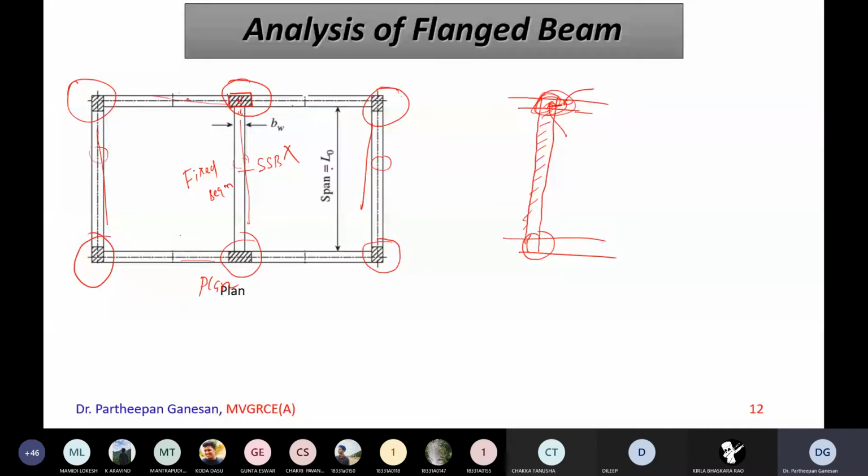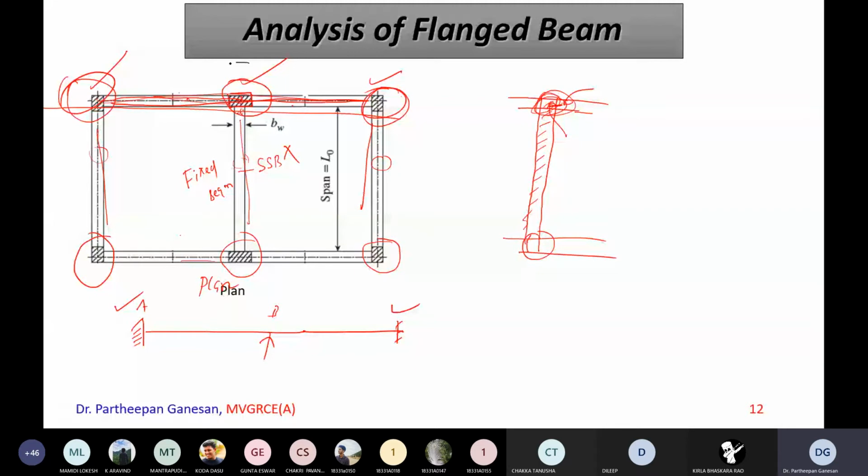Whenever beam and column are cast together, we call that particular beam a fixed beam or continuous beam. For example, from here to here, it is running over two supports. One support here, one support here. This is called a continuous beam. If I take a section here, it will be a continuous beam. This is support A, this is a continuous support B, this is support C. Here A and C are considered fixed, and B is a continuous support.